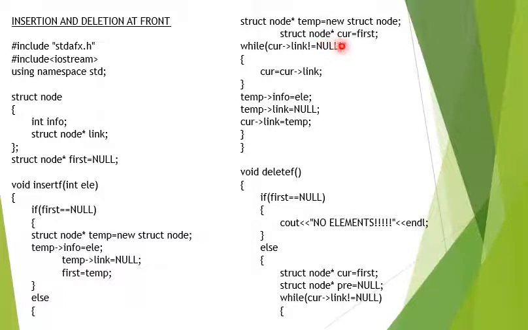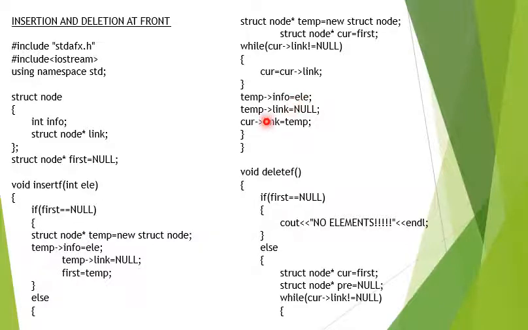then you create a temporary variable again: struct node current, another node named current, and you pass first to current. While current of link is not equal to null, you loop, and current is equal to current of link, assigning the next node to current. Then temp of info is equal to element and temp of link is equal to null, current of link is equal to temp, where your temporary variable's information contains the parameter you passed to store the value,